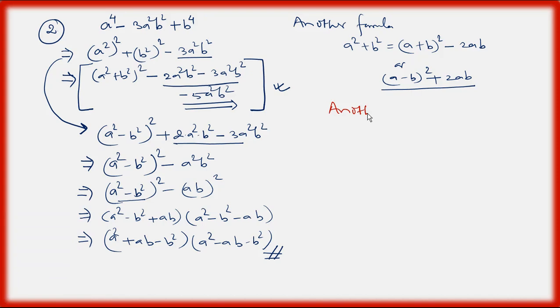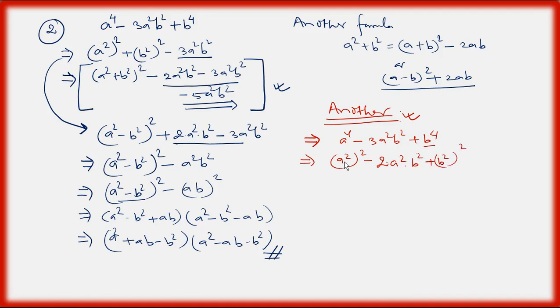Okay, let's try another method. The appropriate or easy method, whichever is easy for you, you can apply. That's why I will solve the same problem by another method. Here it is quite easier, but let's see. The first question is a4 minus 3a square b square plus b4. For this particular case, dear students, (a square) whole square minus 2, instead of a you can write a square, and instead of b in the third term b square.